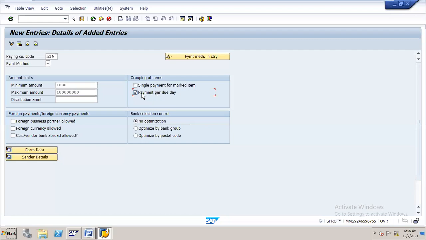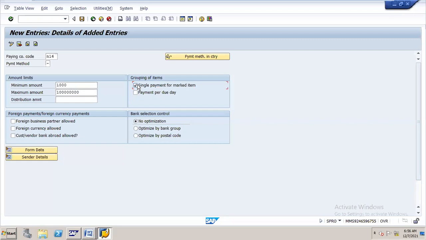Whereas this single payment means, for 10 invoices, if your vendor is asking one check for one invoice, then if I select single payment, for one invoice it will issue one check, means for 10 invoices, it will issue 10 checks.